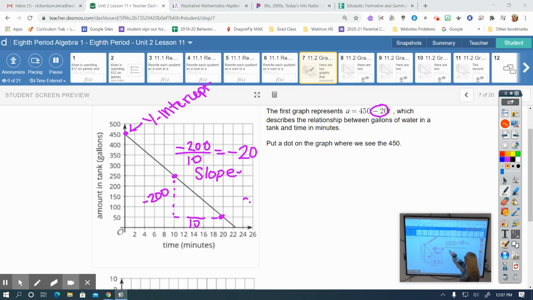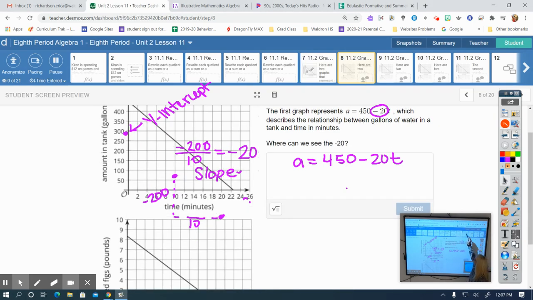And we can see that because this equation, A equals 450 minus 20t, is already in slope-intercept form. Okay, so that is important to know that that's in slope-intercept form. The other equation that we're given